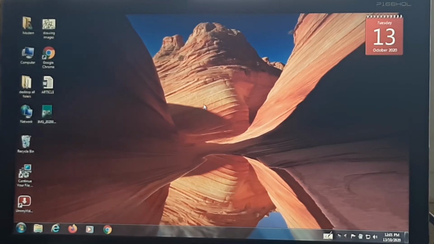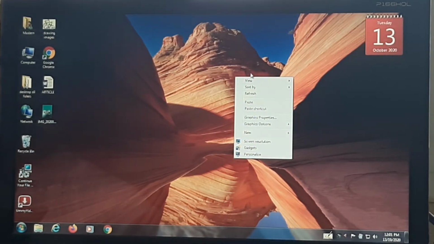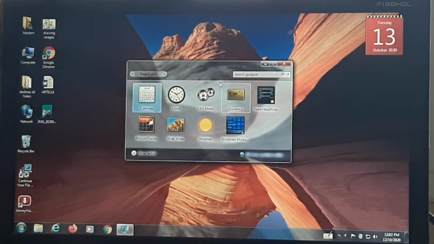First you right click anywhere on the desktop where there are no icons. So now I right click here, and you can see this small window. You see the menu list appear, so you choose the option gadgets. If you see the cursor is here, this option is the gadgets, so you can click it. Okay, so there are 8 icons by default. Now we apply some gadgets.